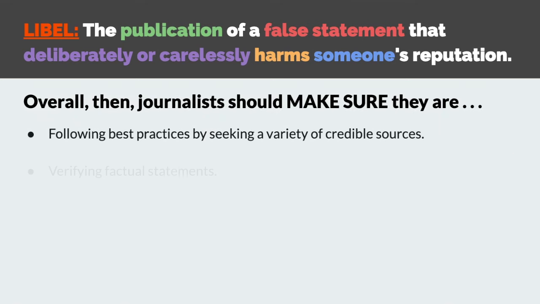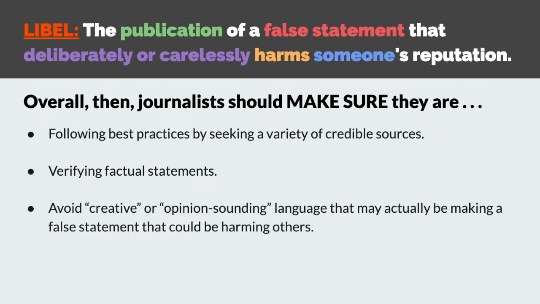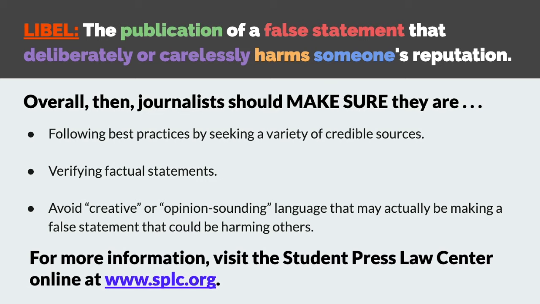Overall, then, as a journalist of any kind, if you're following best practices, libel shouldn't be too much of an issue. You're seeking a wide variety of credible sources and checking facts. And in any sort of opinion writing or quotes from other people, you're making sure that the language, if it's meant to be opinion, is a statement of opinion and not accidentally one of fact that could be harmful or wrong. If there are any other questions, you can find resources